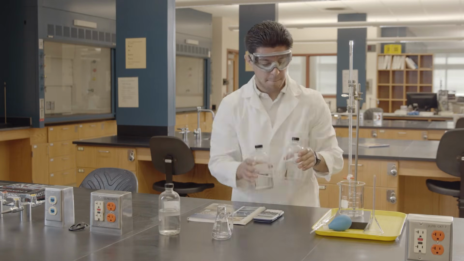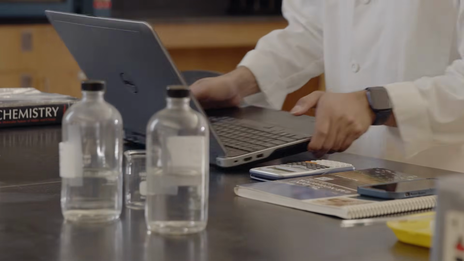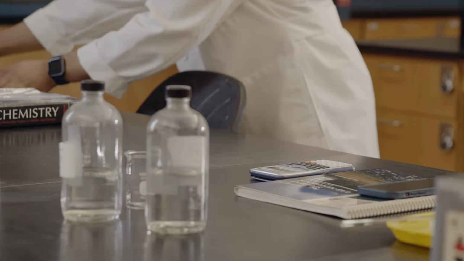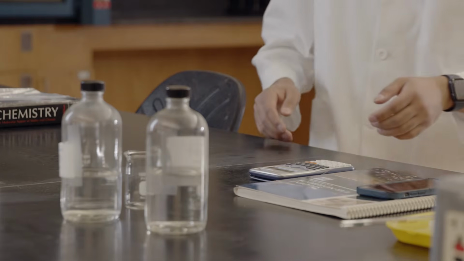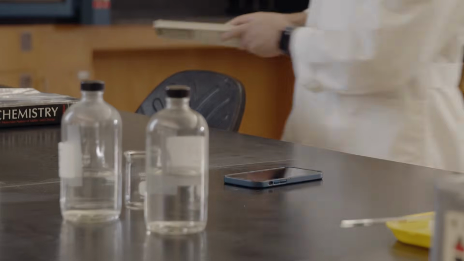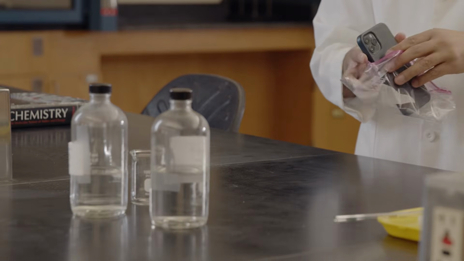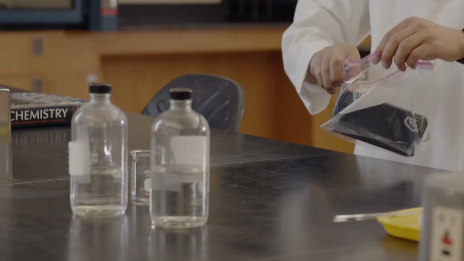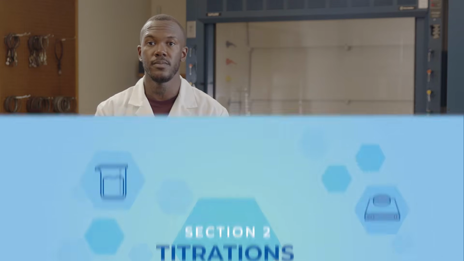To keep your workspace organized, properly dispose of chemical waste as soon as it is generated and as directed by your instructor. But make sure you don't discard chemicals you need to use later. When using a lab notebook, a computer, phone, or calculator in the lab, be sure to keep them away from chemicals that may damage or contaminate them. One way to protect calculators and phones is to put them in a plastic baggie. Now let's look at two common lab techniques and how to reduce the risks associated with them.